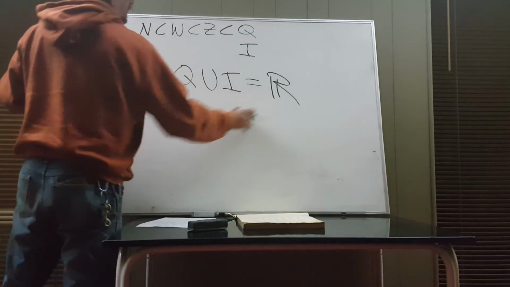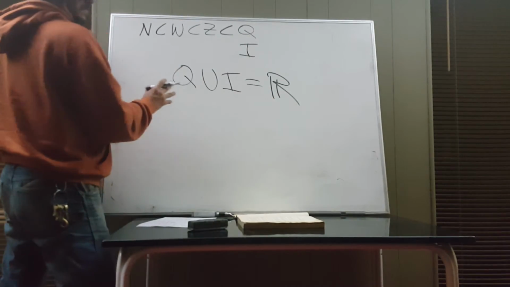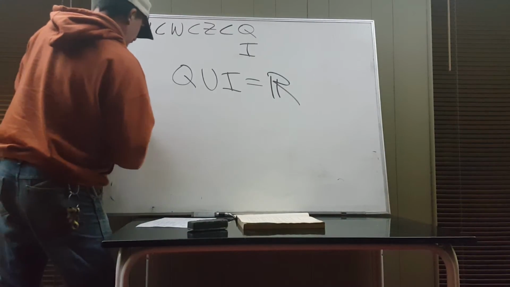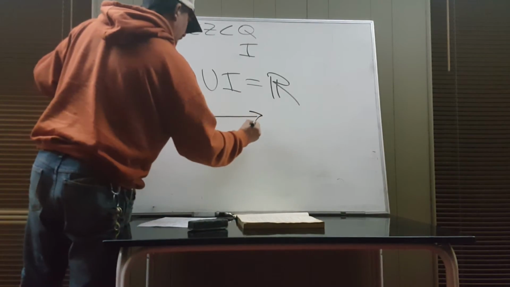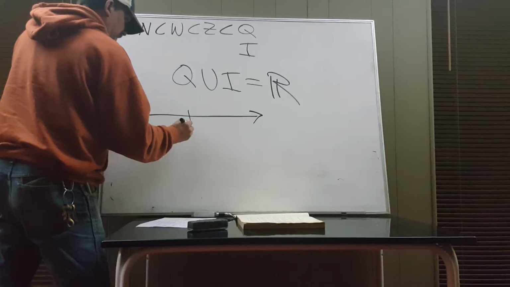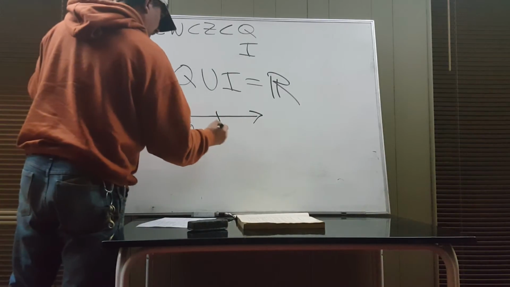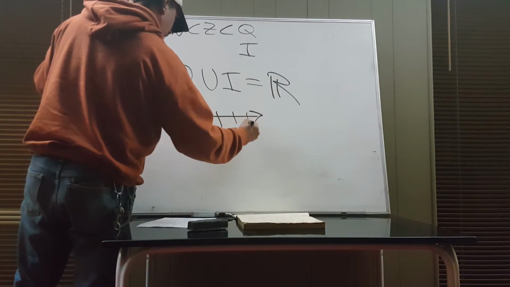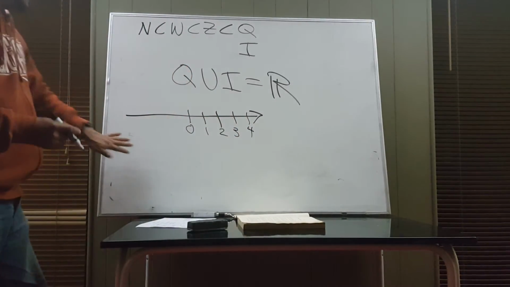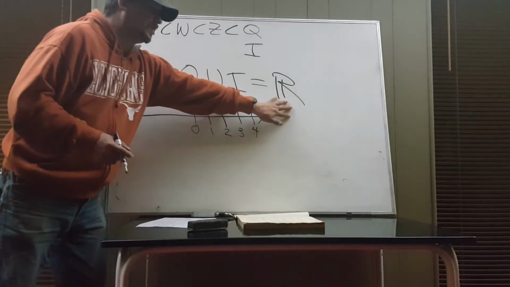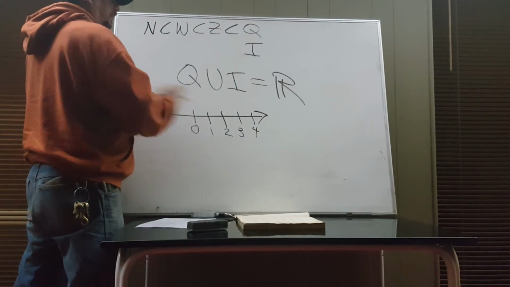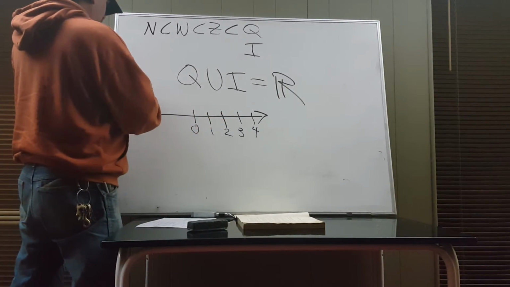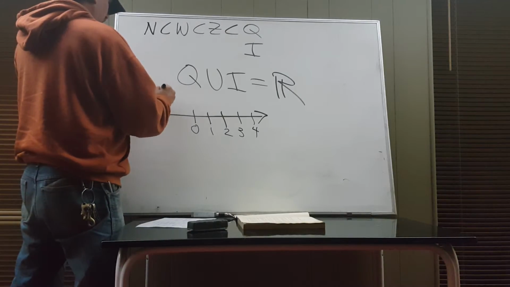And what makes these numbers special, this is probably all the numbers you've ever known so far, is they can all be graphed and they can all live in a coordinate system. Let's just say here, 1, 2, 3, 4. They can all be visualized because they are real. Okay? They're real. This is what we call a coordinate system,